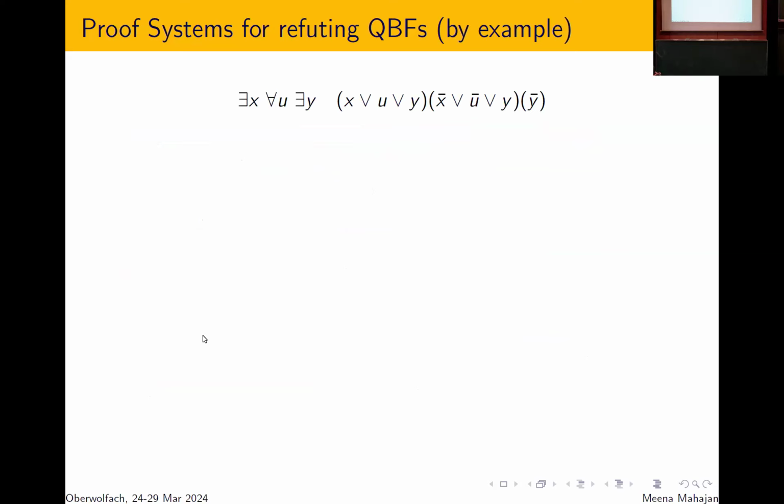So here's a QBF. There exists an X such that for every U, there is a Y. And this triple X, U, Y is then going to satisfy those three clauses, X or U or Y, X bar or U. So it's clear that the inner propositional formula is satisfiable. You can set Y to false and then X and U take opposite values and all clauses are satisfied. So satisfiability is not the issue, but because U is universally quantified, it turns out that the universal player can always win this game.